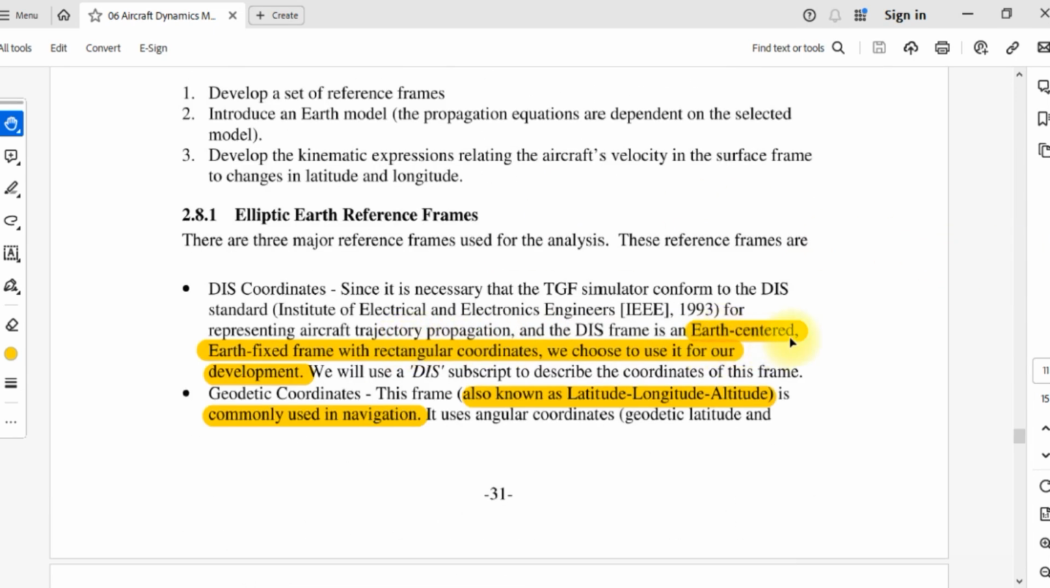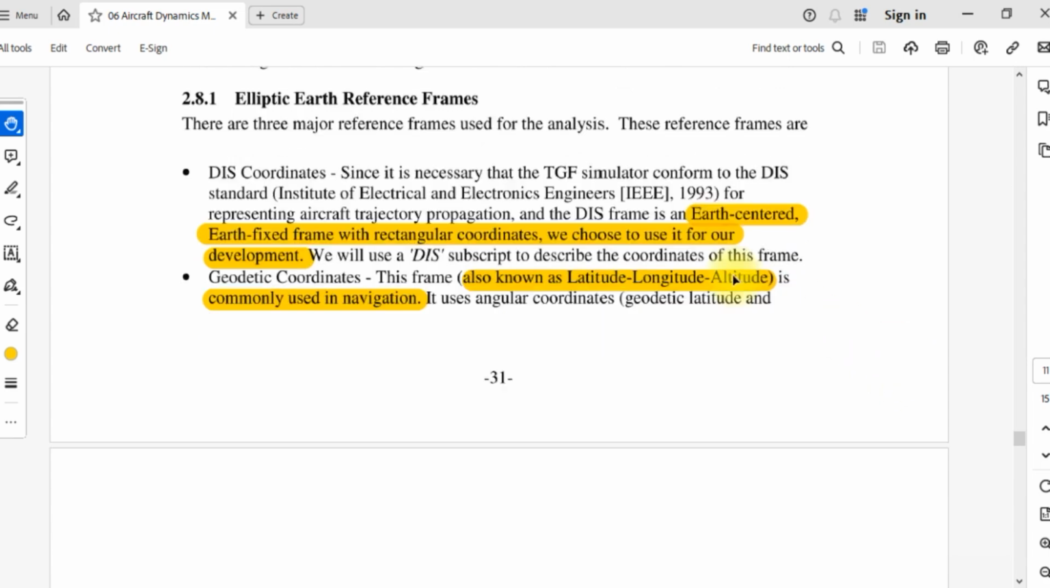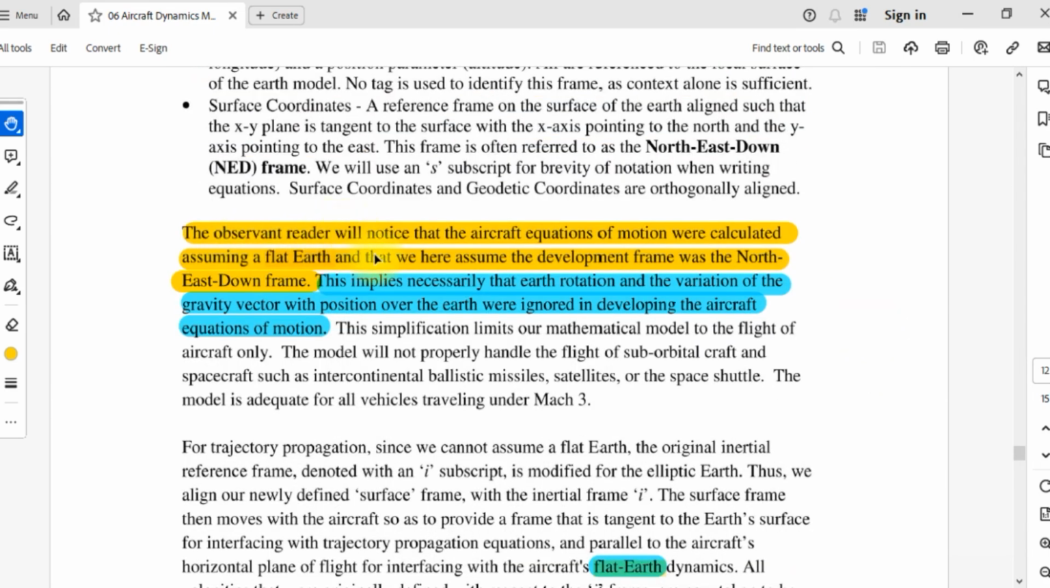Here you have Earth center, Earth fixed frame with the rectangular coordinates. We choose to use it in our development. And they consider Earth to be the center of everything. Everything rotates around Earth. The observant reader will notice that the aircraft equation of motion were calculated from a flat